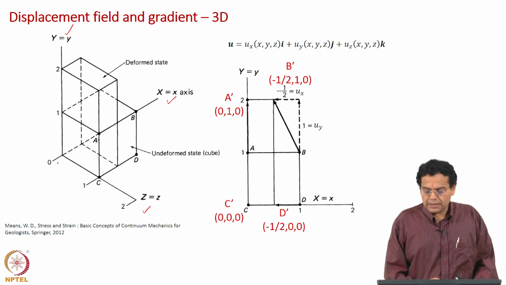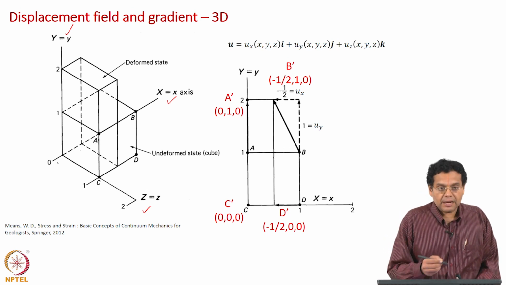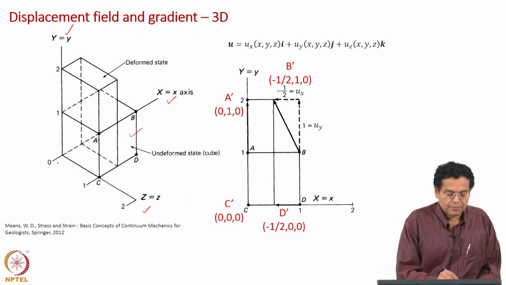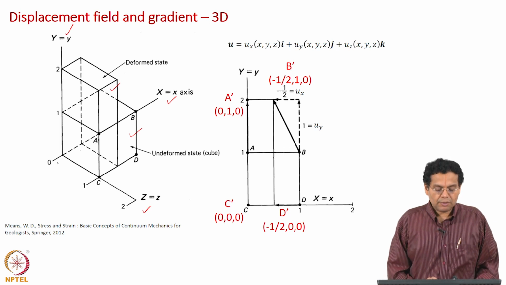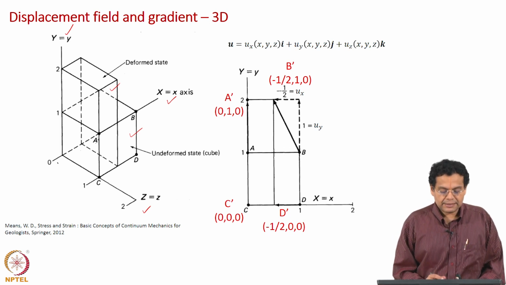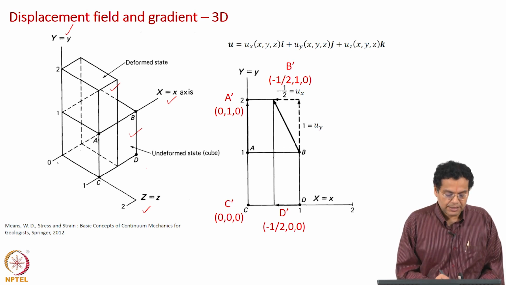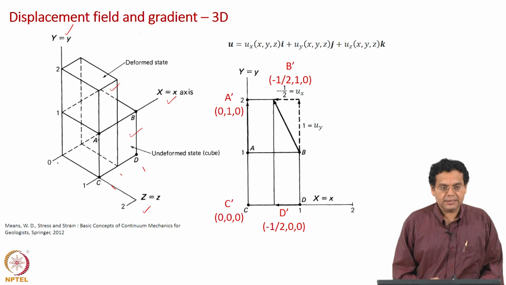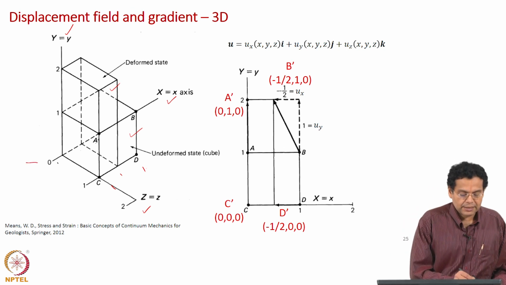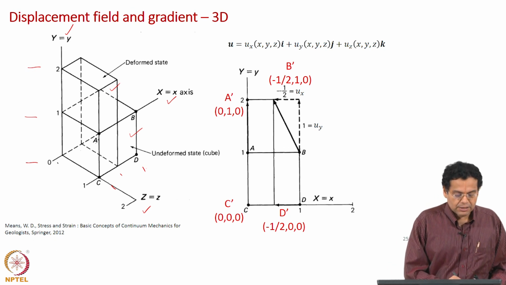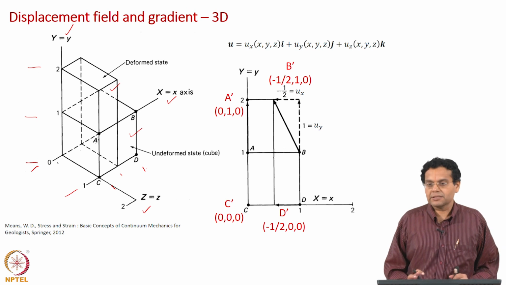Now the initial configuration, the undeformed state, is a cube. You applied a force and it has become a cuboid like this. Okay. So what has happened? Along the x direction the length has decreased, this was the original length, the length has decreased. Along the y direction the original length was this much, the final length has become twice of that. Along the z direction no change at all.